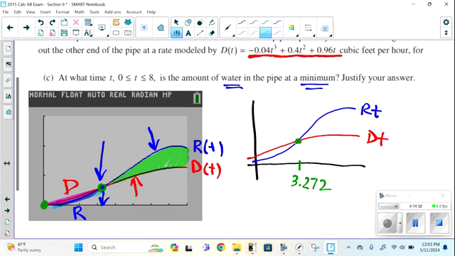That's where we have when time is 3.272. There you go. Justify your answer. I mean, there's no math work. There's no calculations. So if you want to write something because it makes you feel better,